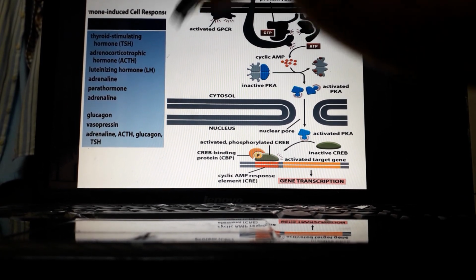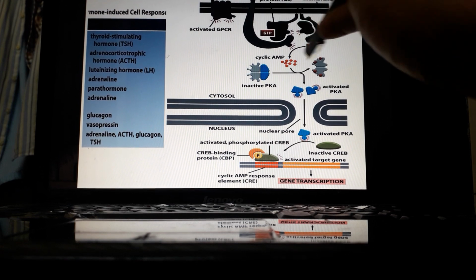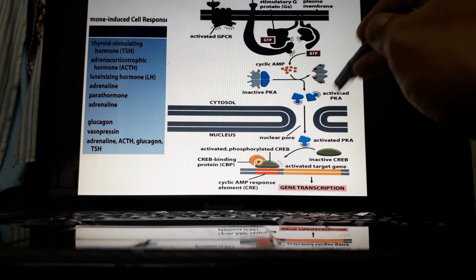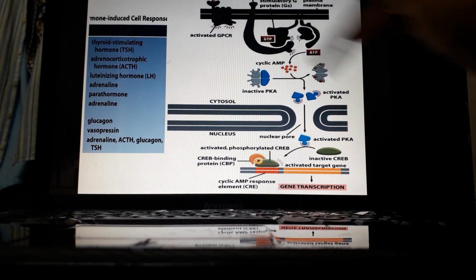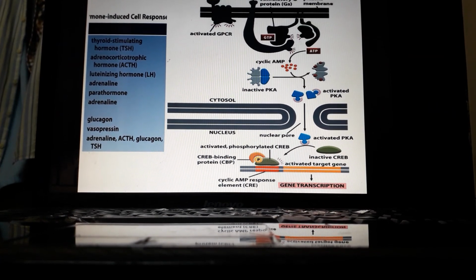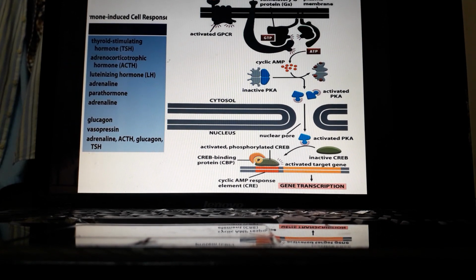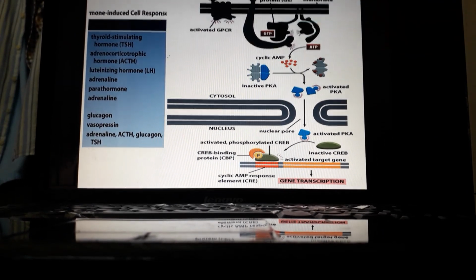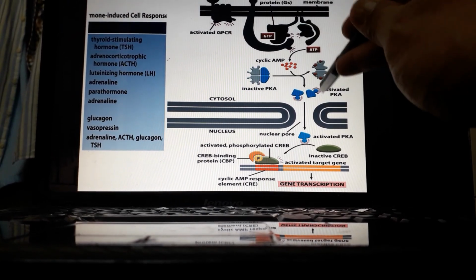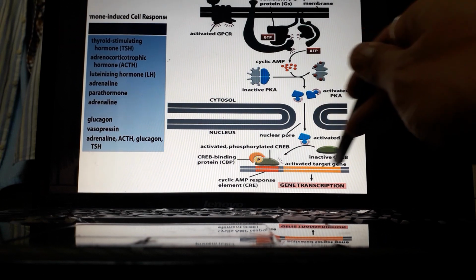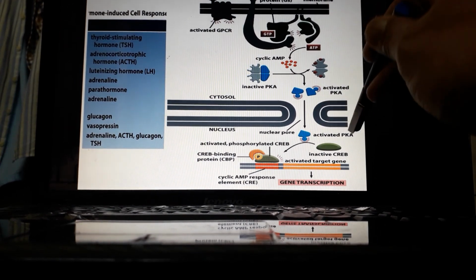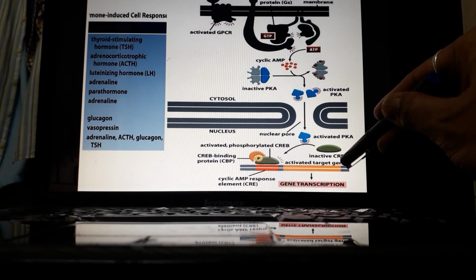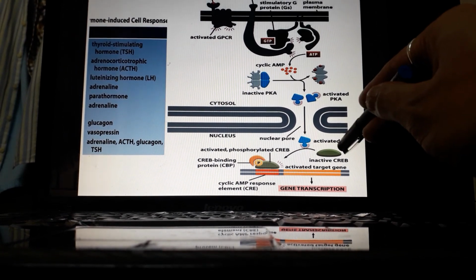So, GS activates adenylyl cyclase, adenylyl cyclase activates PKA. Now, PKA being the effector enzyme, it elicits different kinds of physiological responses by activating a lot of different metabolic enzymes or ion channels or cellular cytoskeletal proteins, to give rise to a physiological response. However, it can also elicit a genomic response by itself going inside the nucleus, where it phosphorylates a particular protein, and this protein is known as CREB, that means cAMP responsive element binding protein. That means this CREB